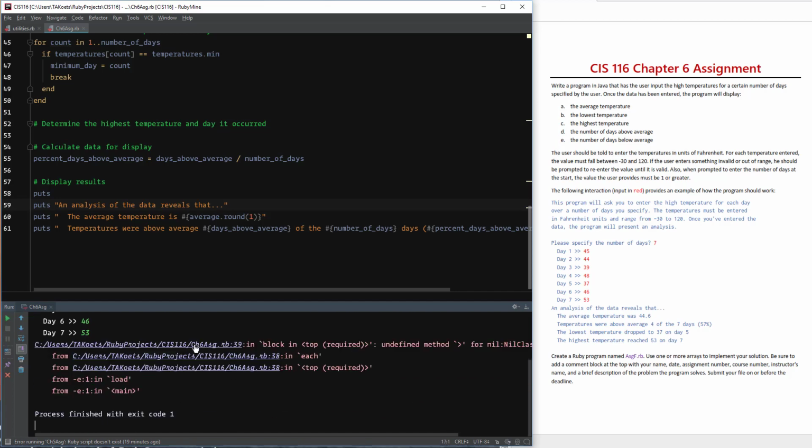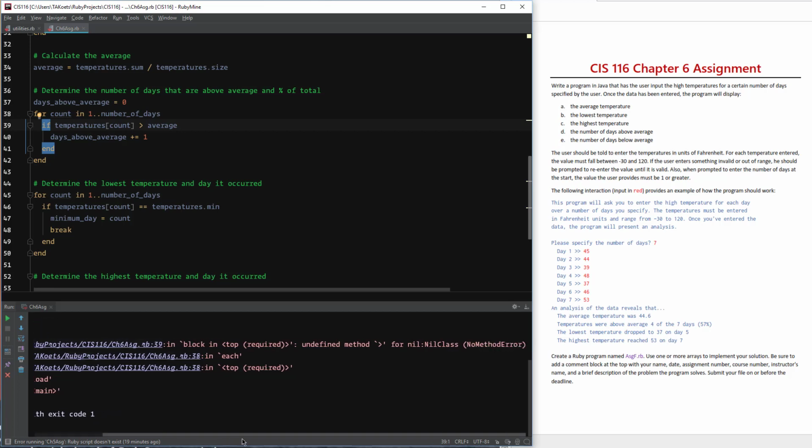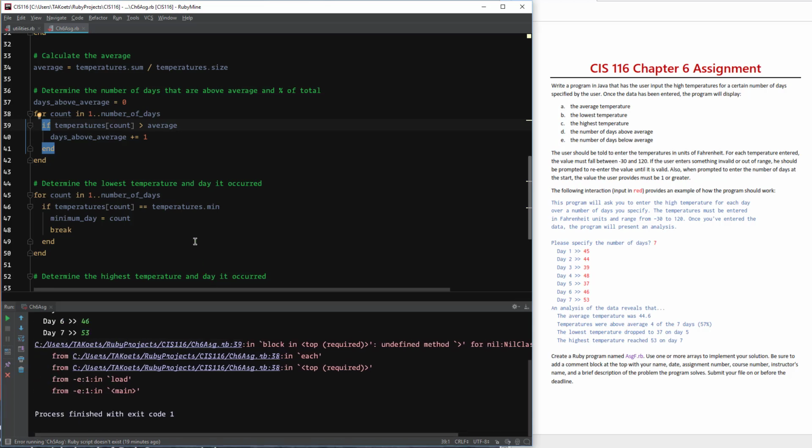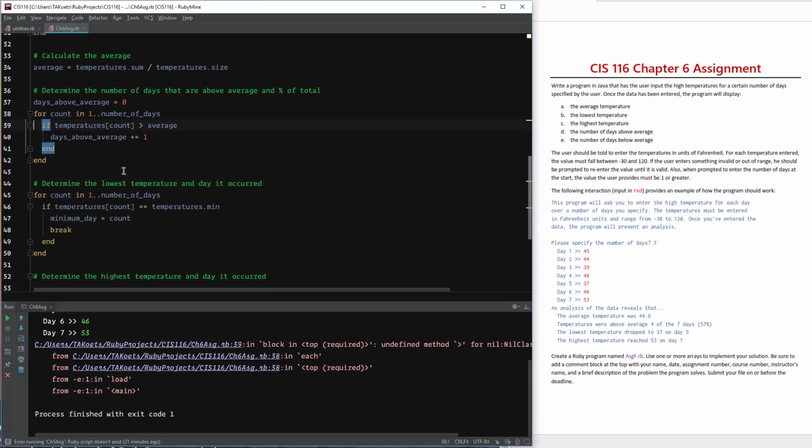The error is coming on line 39, so we'll go to that. And the error is here. Now it says in the error message, undefined method greater than sign for nil class. What in the world does that mean? Well, let's take a look at the code for a second. Okay, so if I go up and look at this line, now